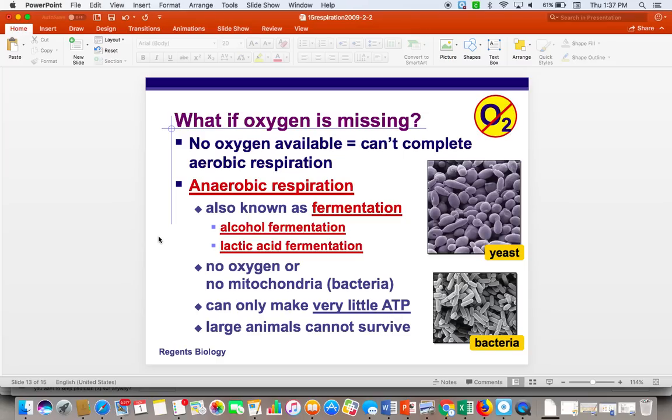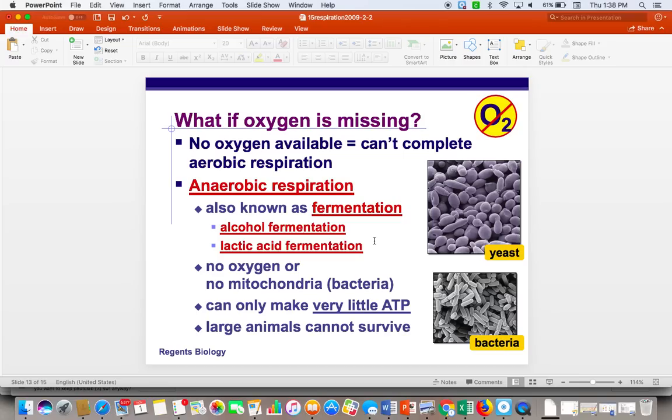Here's the anaerobic side. So say I do start running, me not being as young as I was, I'm out of shape. Say my muscle cells run out of oxygen. They're going to switch from aerobic respiration to anaerobic. So that means we're going to do glycolysis, and then we're going to do fermentation. So if I'm talking about my muscles, then my muscles are going to do lactic acid fermentation. If I was talking about yeast, like we did in our lab activity, remember they do alcoholic fermentation. So you begin with glycolysis, and then you do this. But you do not make a lot of ATP. You're only going to make 2 net ATPs, which is not much at all.